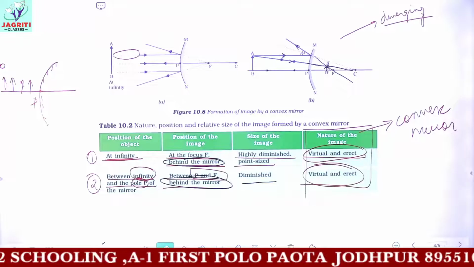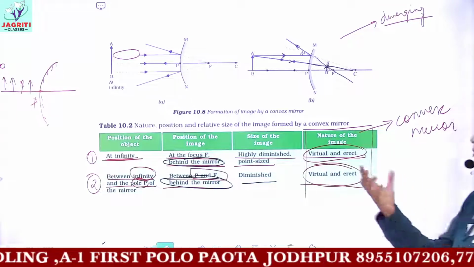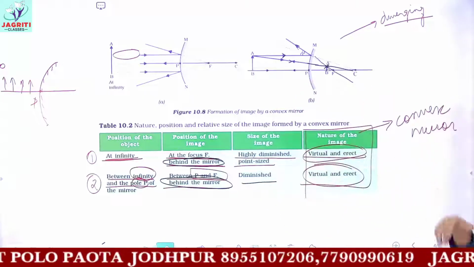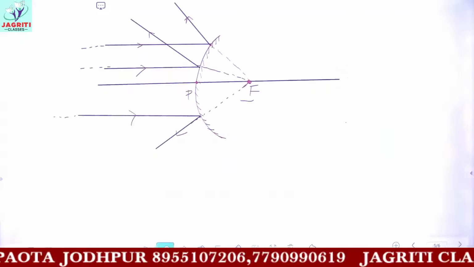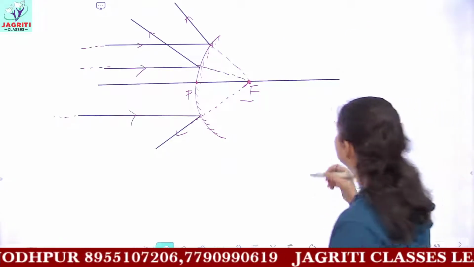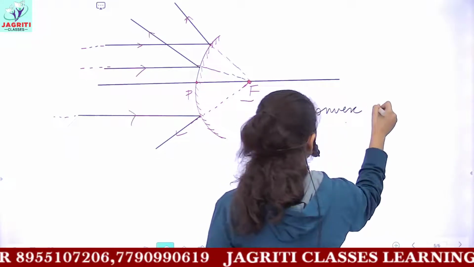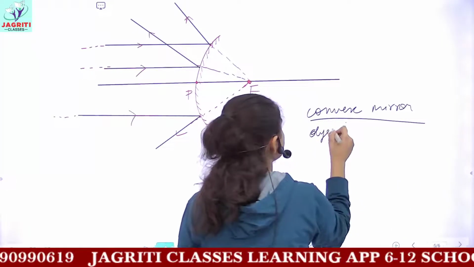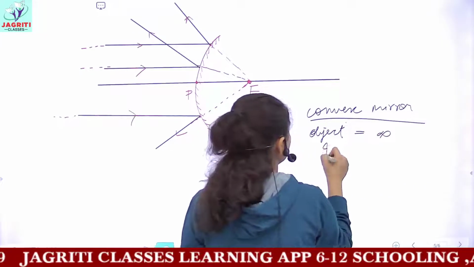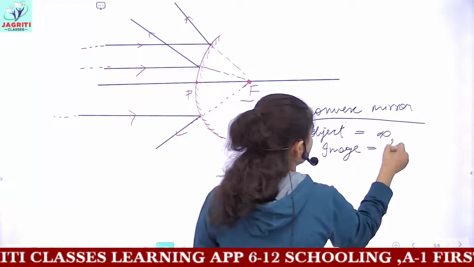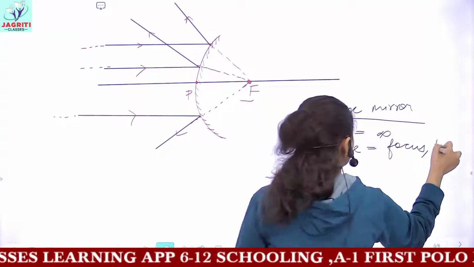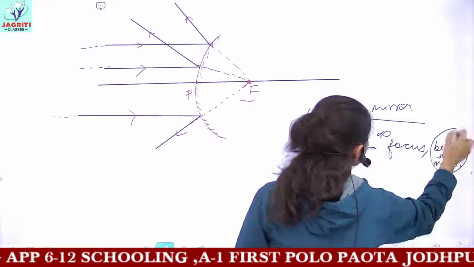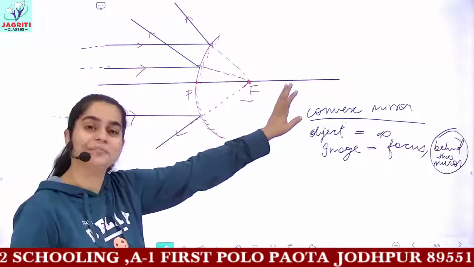Then these are again the 2 ray diagrams. For concave you have 6, but for convex mirror you have only 2 cases. So learn them first, and you will be able to learn them fast. Then next, this was also a diagram for convex mirror. In convex mirror, the object is placed here, the object is at infinity, the image is formed at focus, and remember, always behind the mirror. This term is important. The image which is forming is always forming behind the mirror.